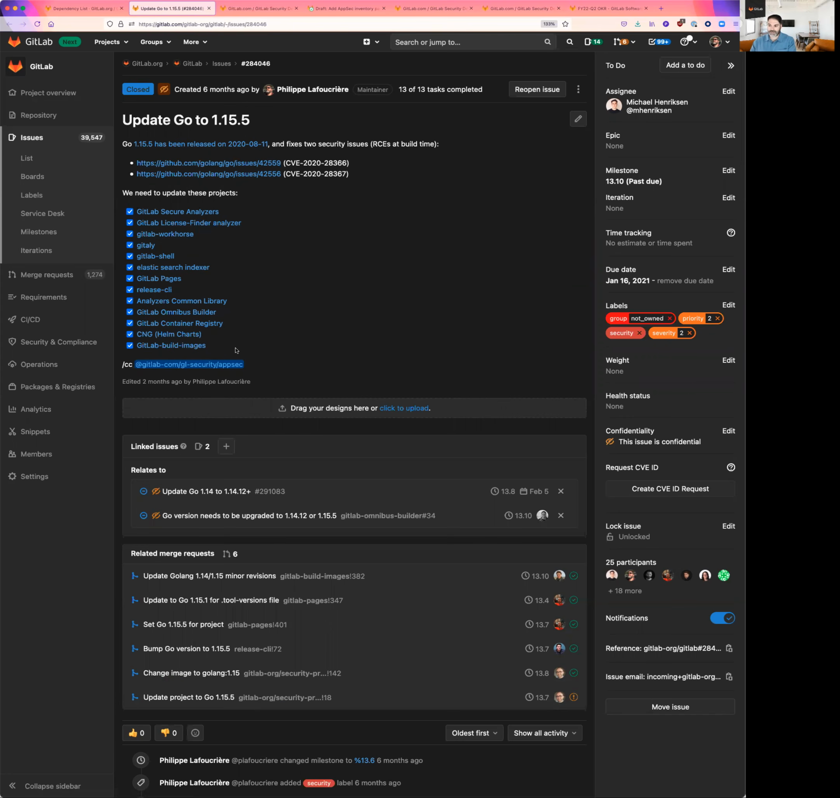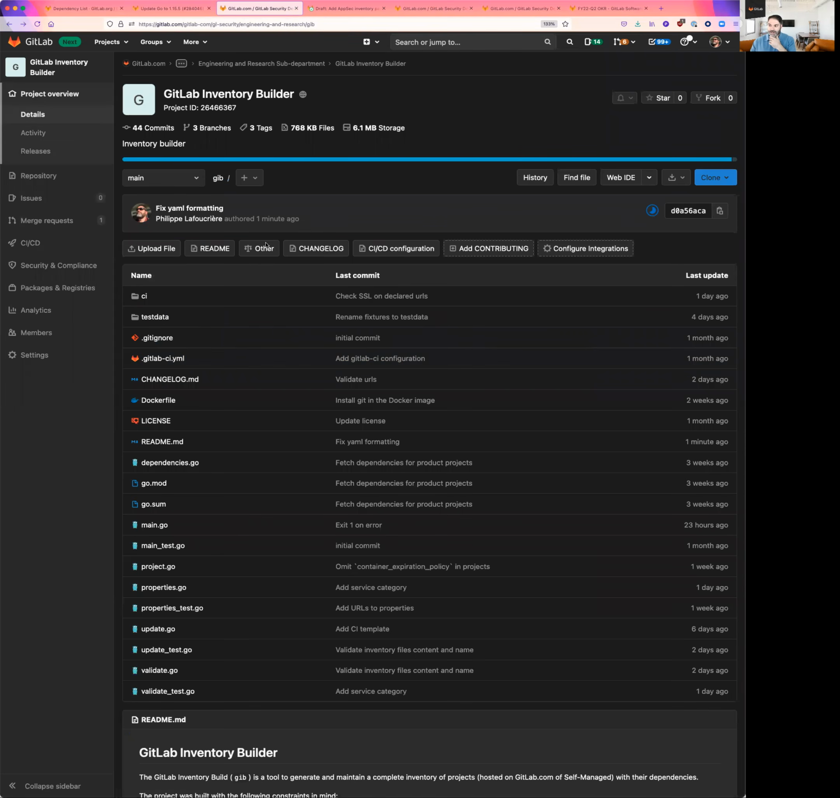I had to do this work manually, and that was very tedious. I don't want to do that again in the future. If we have another advisory on Go or Python or Ruby or whatever, we need to know exactly what we're using and where it's used. So that's why I started this project, the GitLab Inventory Builder,